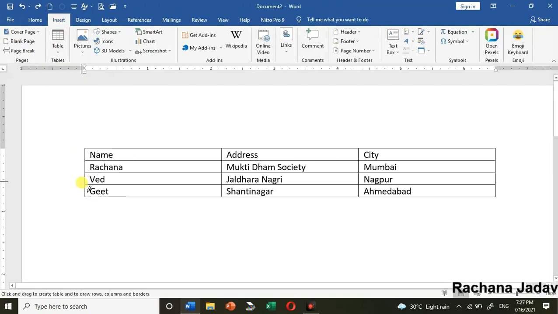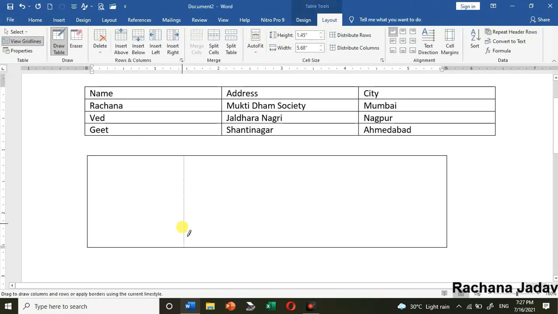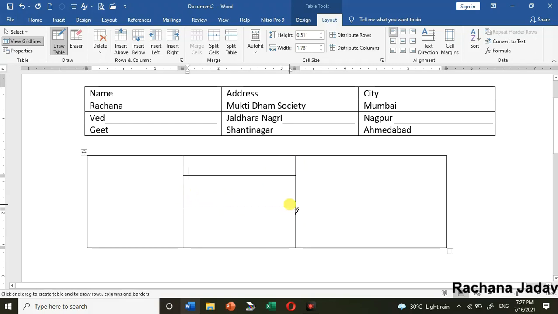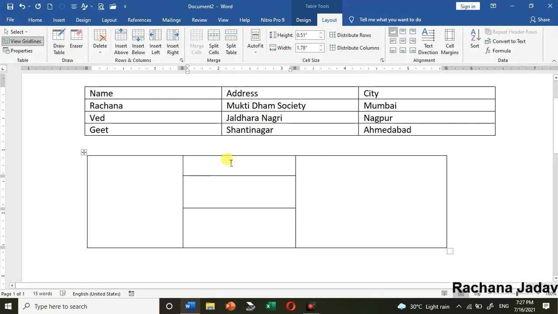अगर आपको खुद से table बनाना है, right? You want to decide by yourself, then you can do it with the help of the draw table. आपको यहाँ दिख रहा होगा that I'm just going by this way, and yes, I can decide the rows also by myself. उसकी width, उसकी height, right? So row height, column width, that I can decide by myself. Okay, so you can go for the draw table. Then again if you click on the draw table तो वो remove हो जाएगा, otherwise the cursor will turn to a draw table. देखो यहाँ pencil की तरह वो हो जाएगा.